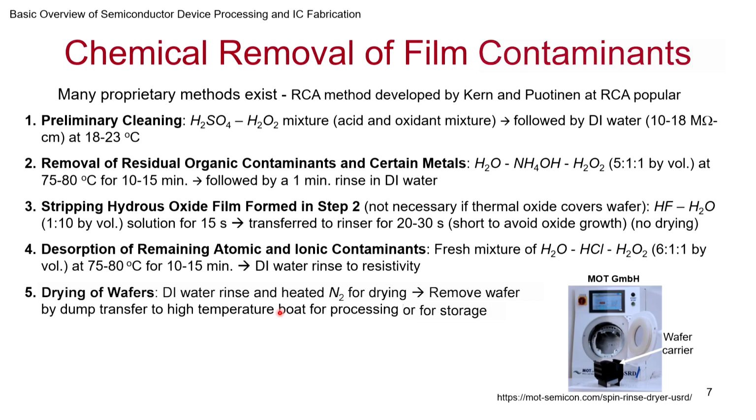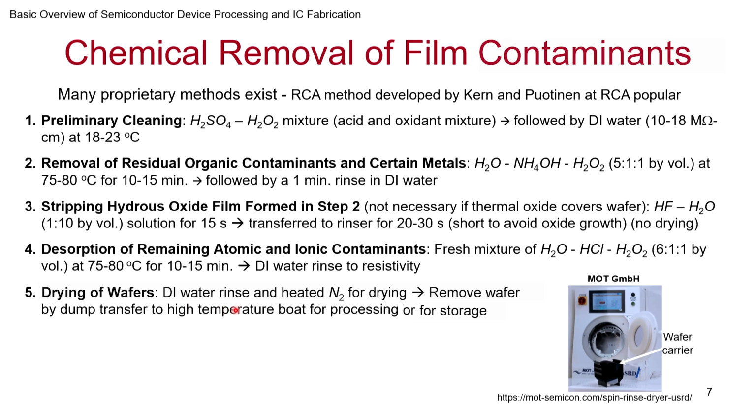So usually it is done by dump transfer. By dump transfer, we mean we have a cassette, we put another empty cassette on top and then just invert it. So all the wafers in one go will end up transferring into the other one. It's not like one by one you move the wafer. Those things are to be avoided, because first of all, it exposes it to more sources of contaminants, including the person who is handling it. Or even if you are using a machine, it is having to handle it. So you have to do it as fast as you can, and then you go for the high temperature process.